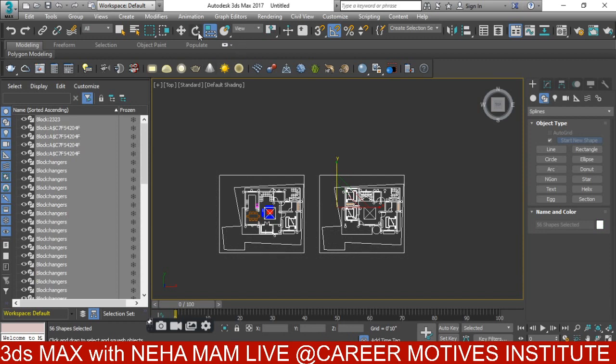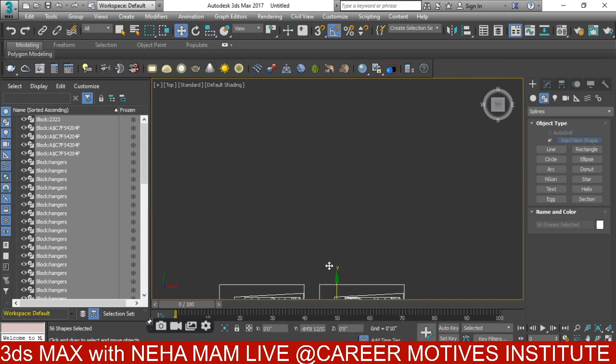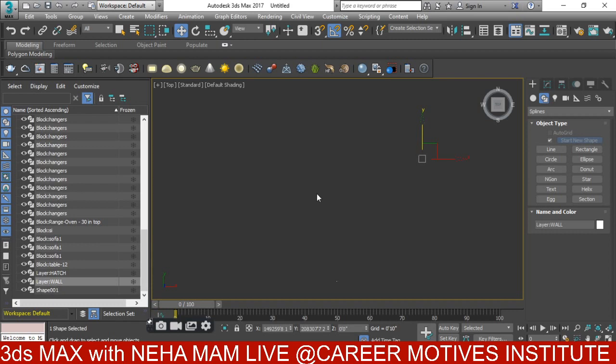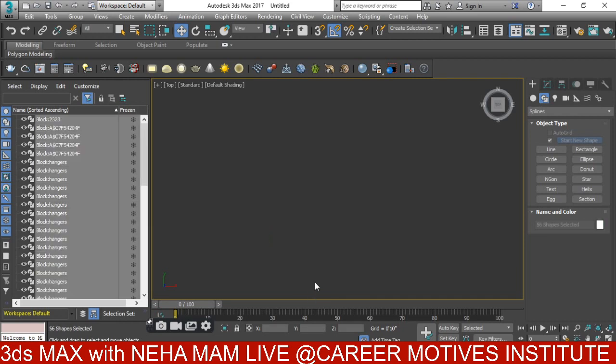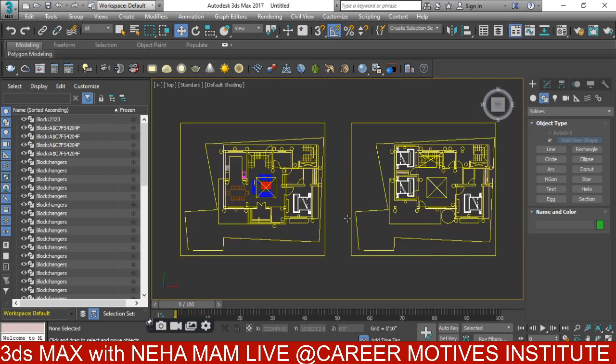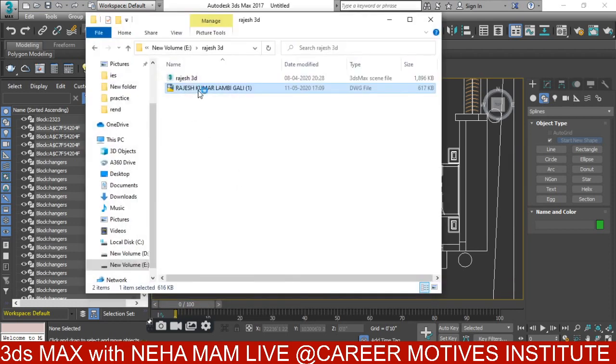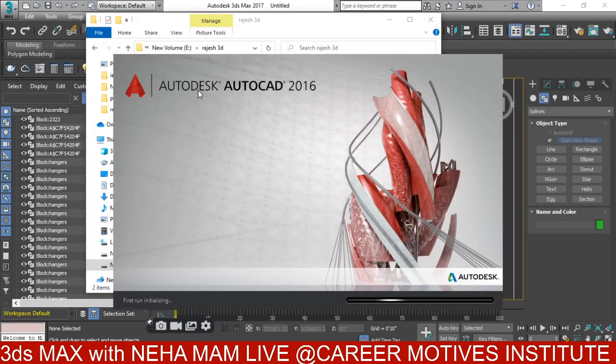So as I have separated this, so there must be a raw file over here, so I'm going to delete that. Okay, so here's my file. So if you want to see that the file in AutoCAD,